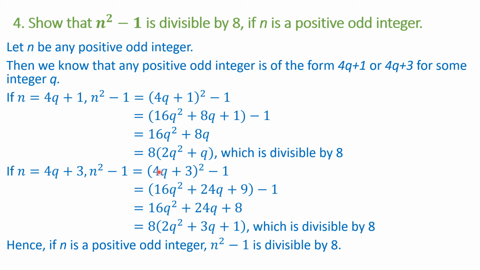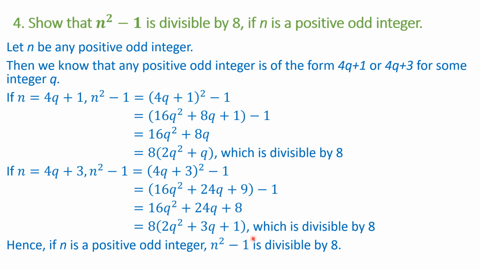(a plus b) whole square, that is (4q) whole square, which is 16q square, plus 2 into 4q into 3, that is 24q, plus 3 square, 9, minus 1. This is going to be, when I open the bracket, 9 minus 1 is going to become 8, and therefore from all these three terms I take out 8 common, and that will give me in the bracket 2q square